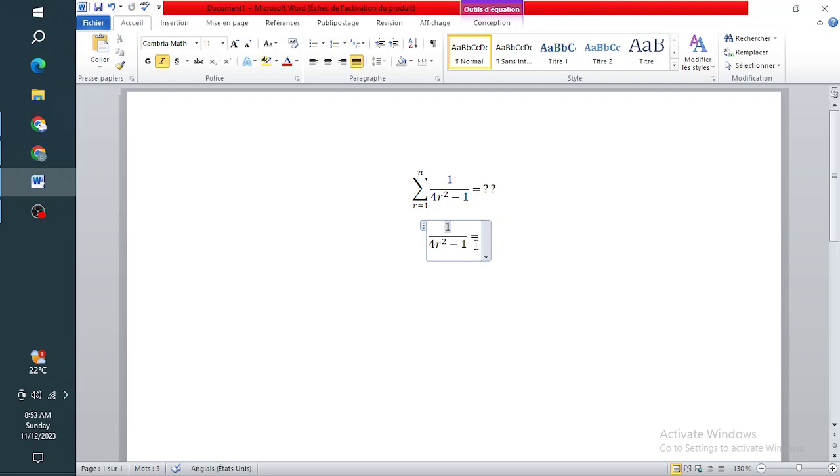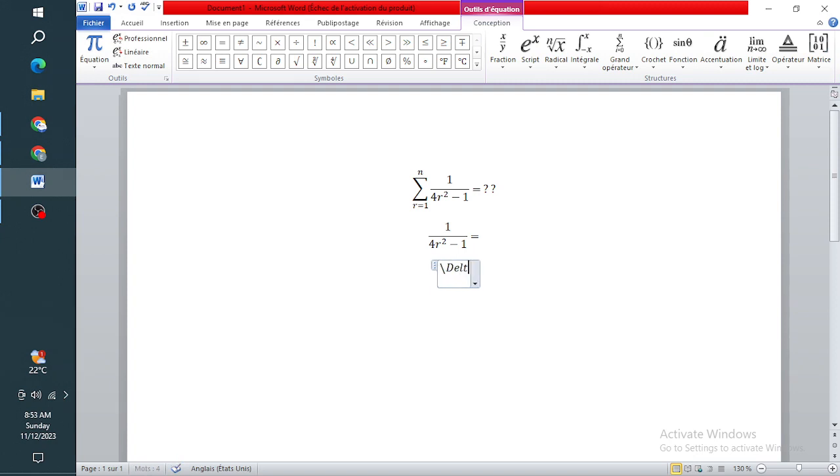Once it's a proper fraction, we now check whether the denominator can be reduced, meaning it can be factorized. The denominator here is a quadratic function, and for a quadratic function to be factorized, its discriminant has to be greater than or equal to 0. The discriminant is b squared minus 4ac. There is no term in r, so b is 0. Our a is 4 and our c is negative 1. This gives us 16, which is greater than 0. So we can say that 4r squared minus 1